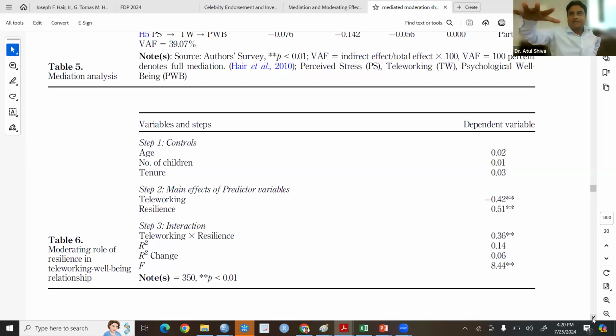दुनिया में SEM के अंदर सबसे पहले क्या आया? इंडिपेंडेंट वेरिएबल कि कंट्रोल वेरिएबल? कंट्रोल वेरिएबल्स। हाँ जी, देखिए स्टेप 1। तो SEM हम क्या करते हैं, सारी SEM लगा लेते हैं और कंट्रोल वेरिएबल लेके ही नहीं आते पहली बार। नंबर 2, कंट्रोल वेरिएबल पहले आए। What is the effect of age on wellbeing? What is the effect of number of children on wellbeing? What is the effect of tenure in my employment on wellbeing? ये चीजें पहले आई। इनके होते हुए then I brought teleworking, then I brought resilience, स्टेप 2।